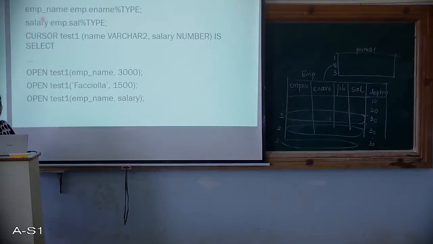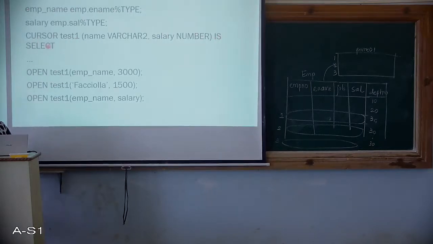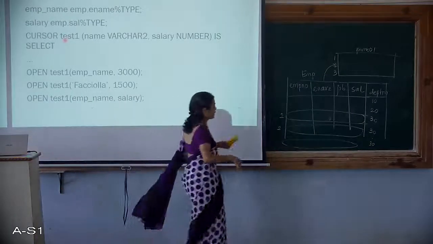There is another example which is being written here. So you can see EMP name is, so I don't know if you will be able to relate to this. Okay, let me try it. Okay, so look at this in declare, this is the cursor. This part is the cursor part, wherein you are defining a cursor test1, okay, is and select. In between you have told what the parameters for test1 are, the way you would otherwise have function parameters.